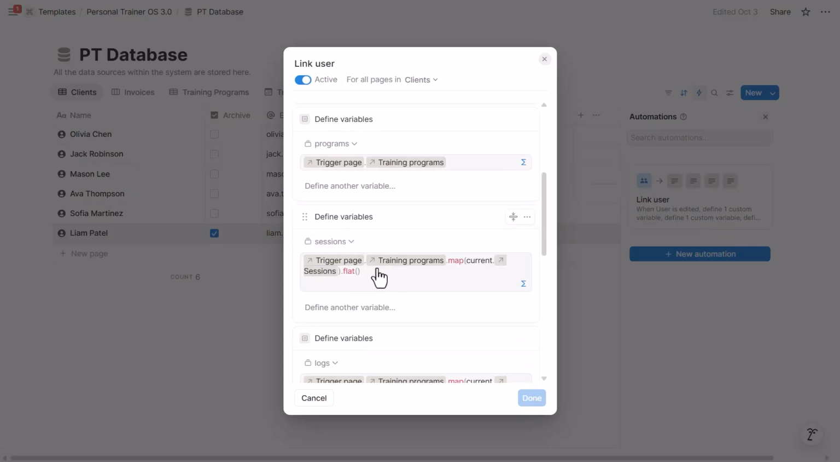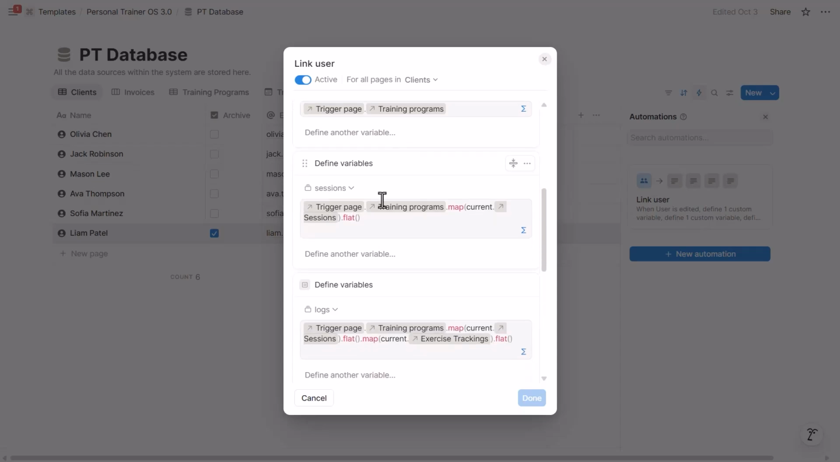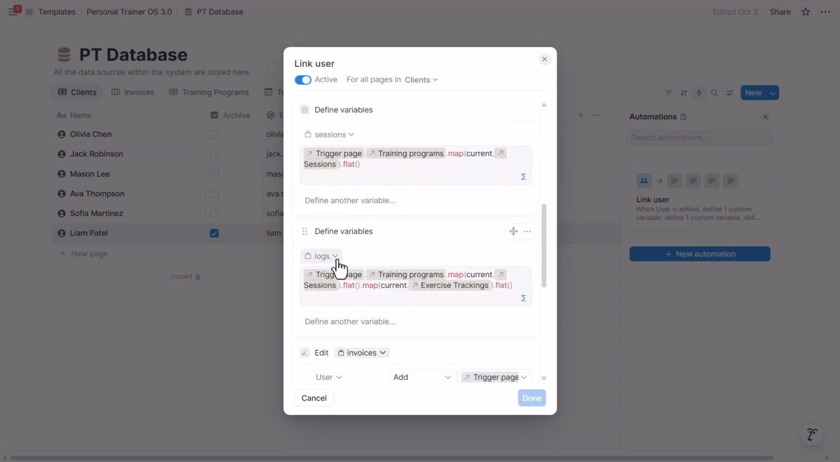Here, the formula has an additional layer. So we get the client's training programs first, and then from there, we map the sessions for that program, because sessions and client are not directly related. Sessions are related to programs, which in turn are related to clients. So there is a second order relationship between these two, and that's why we can get all these sessions right here via this formula. We also get the exercise logs similarly by using map multiple times in this case, because